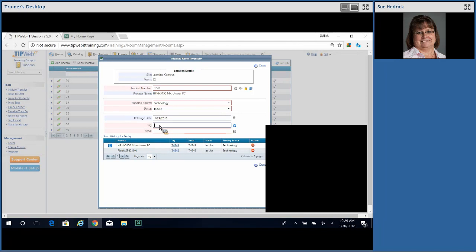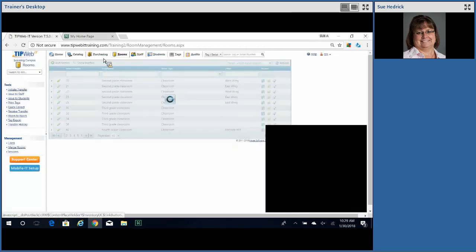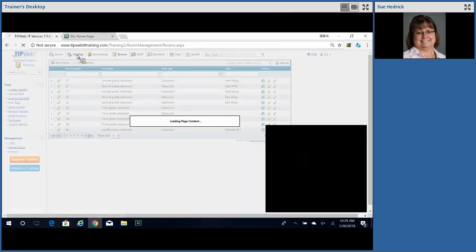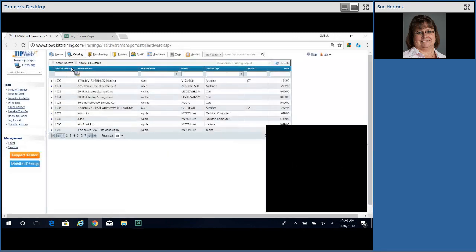How do you find a product number in a room when there are too many items? Not sure what you're asking. The product numbers are in the catalog. So they're all in the catalog, but the easiest way to search for them is to search by the model number when you're doing the